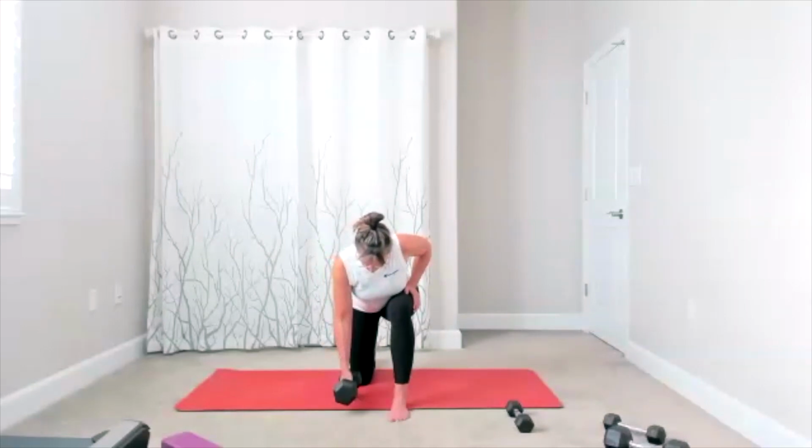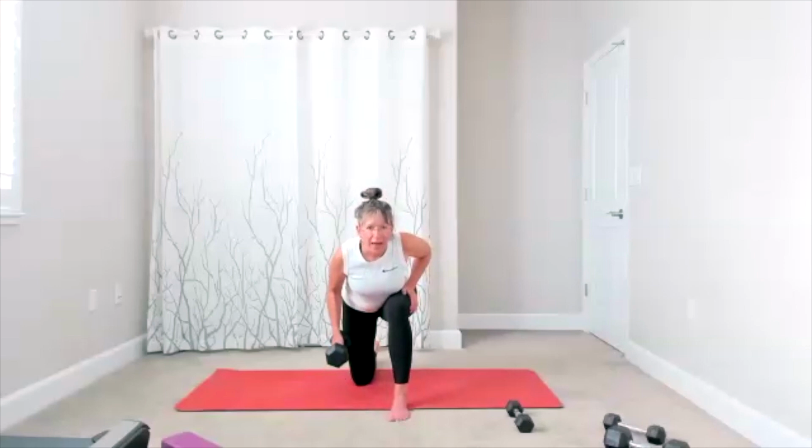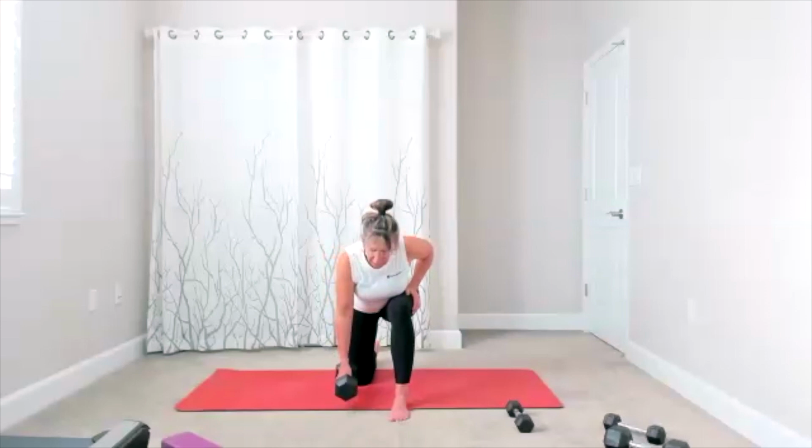Squeeze, bring it down. Take your time as you lift and you lower. Elbow slides up, slide down. We slide up, slide down. Keep going. Here's 10,